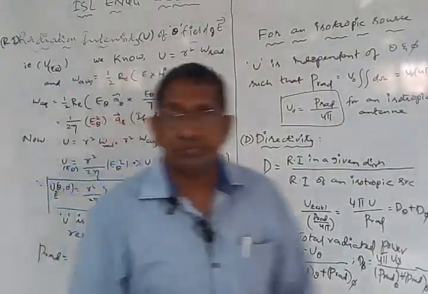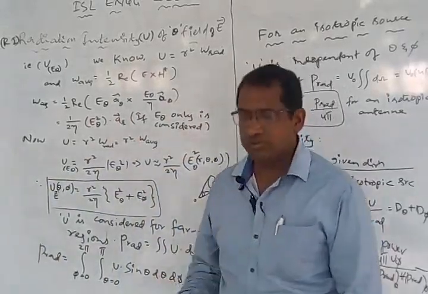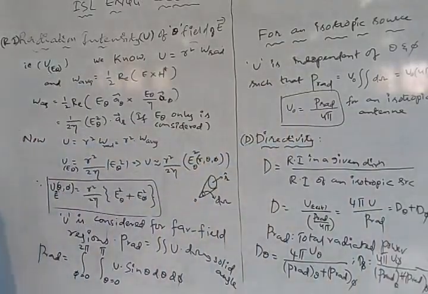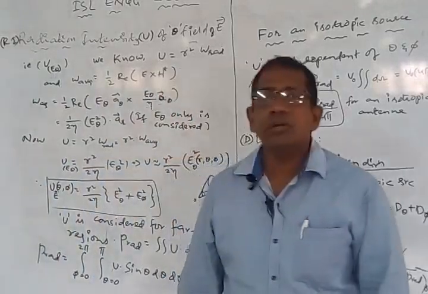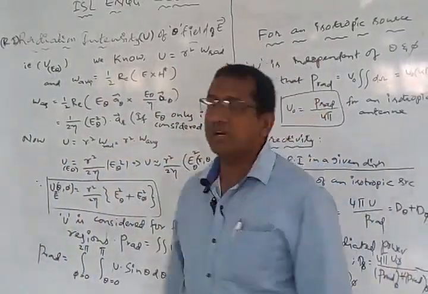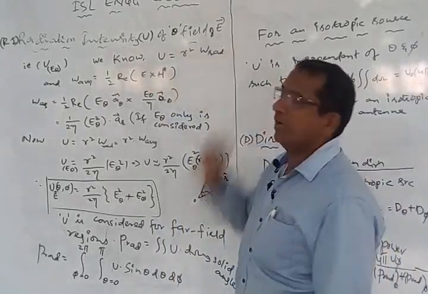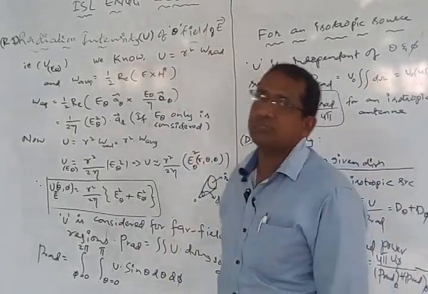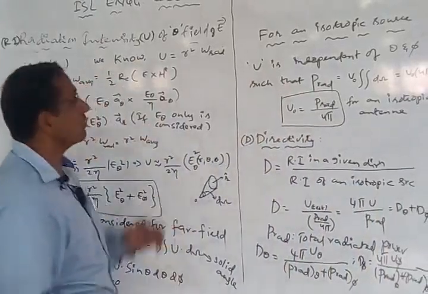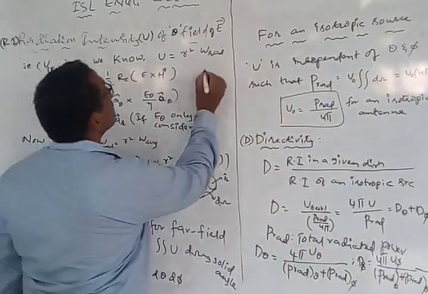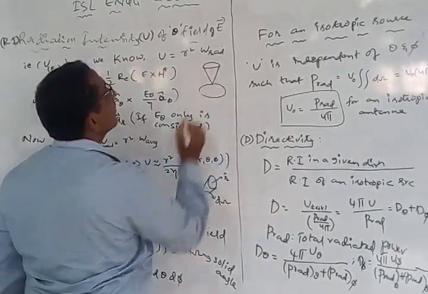Well, in continuation to the previous expression for radiation intensity, we extend this radiation intensity expression of the electric field in the direction of theta. So here we have two directions, one is theta and the other is phi. Theta, you understand, is like a cone kind of structure. What is phi? It is a circle.